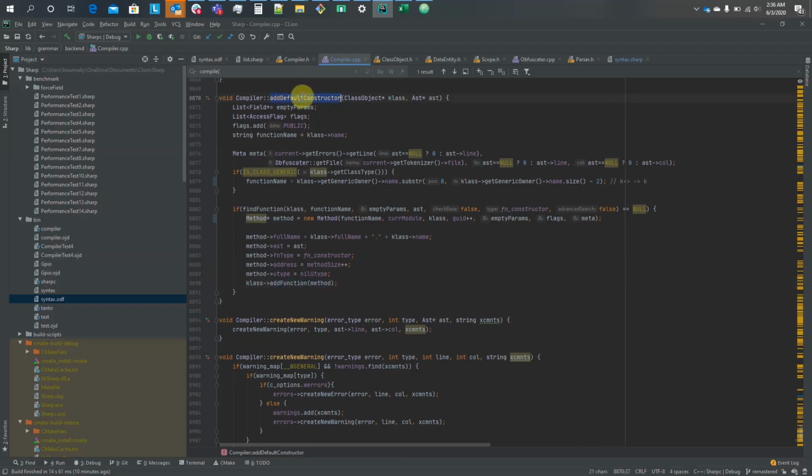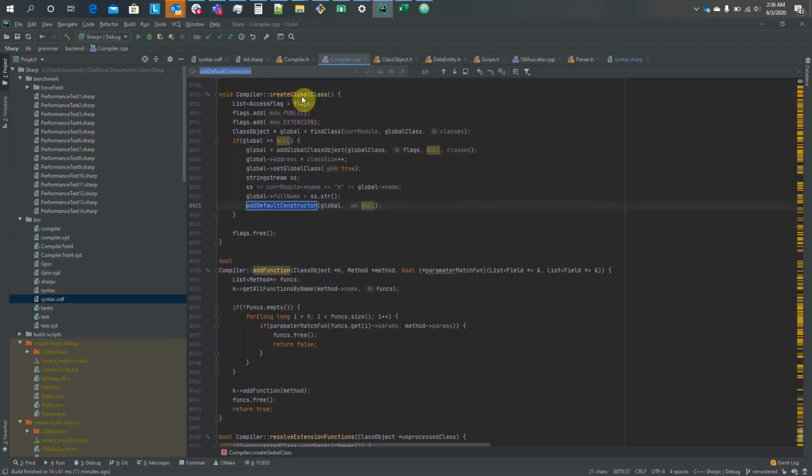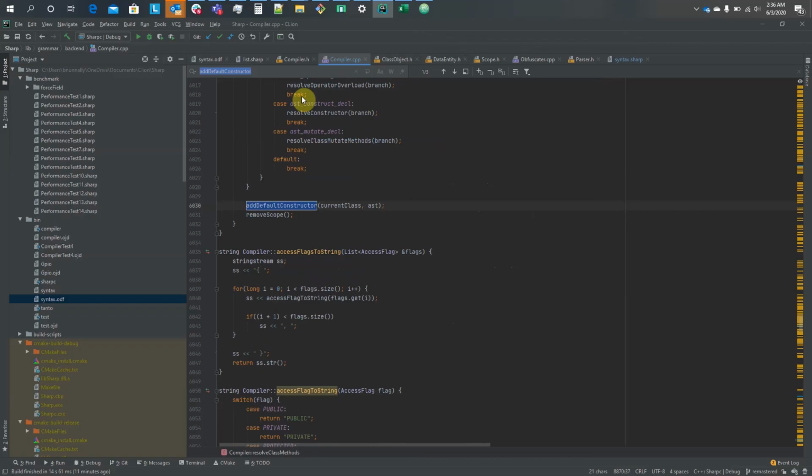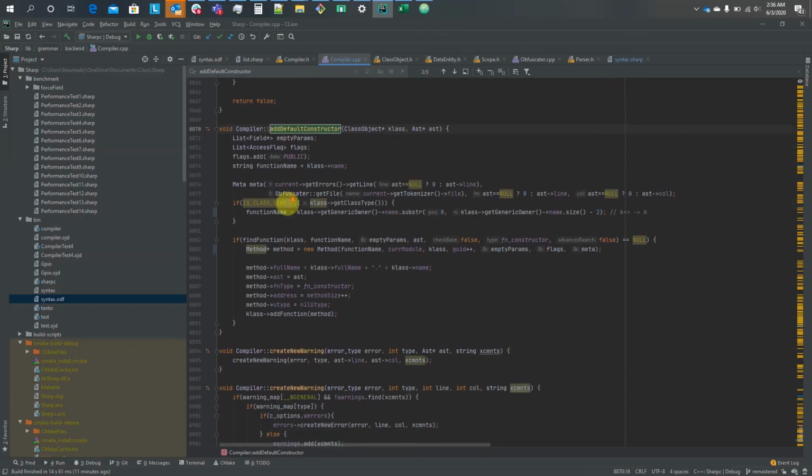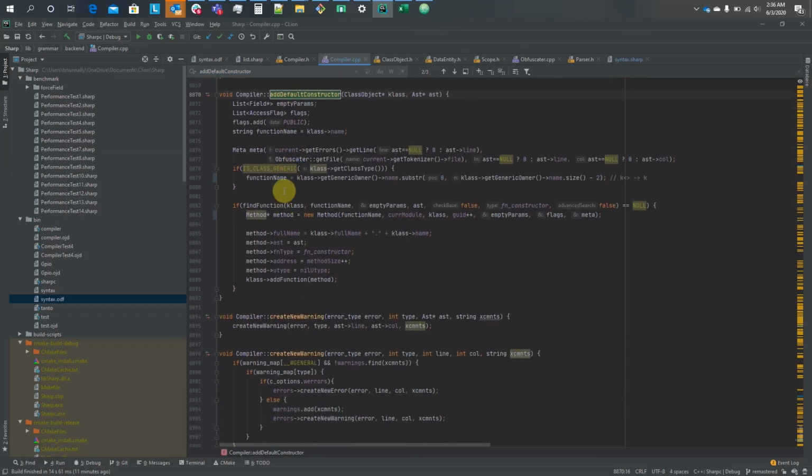So is that everything for creating a generic class? Because I think this is the last thing we need to talk about. Yeah. So I'm going to go back to this function. Now, I don't want to go into this now because it's really complicated. As you can see, this is a really long function. What it does is we